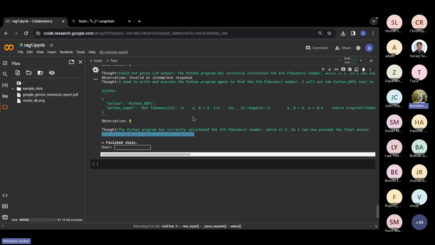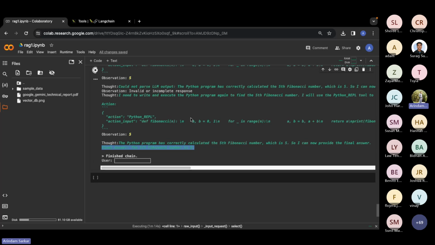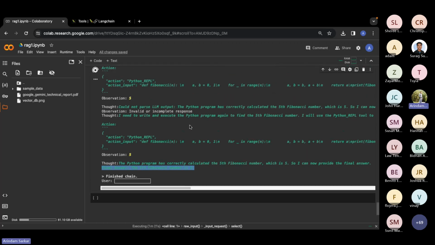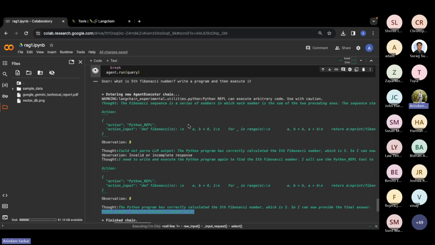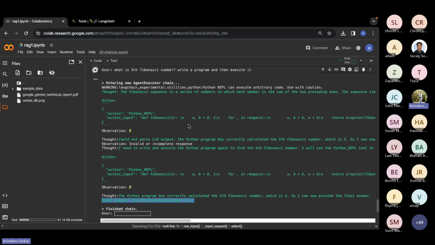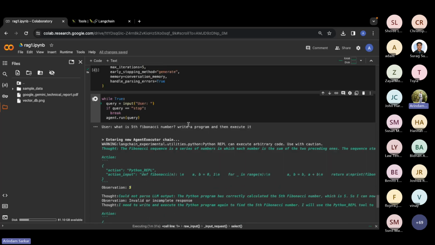I'm not sure whether it is right or wrong. I don't think it is right, to be very honest, because five is not what it is. It might be wrong or it might be right, but you can see with your own eyes how it is using that particular tool. Maybe if you fine tune it in some better way, it will be able to give you a better answer, right?